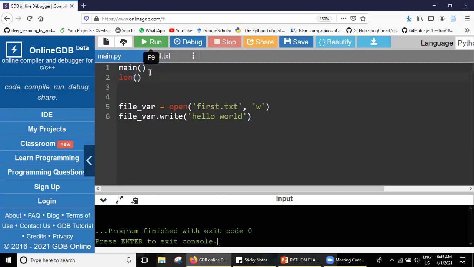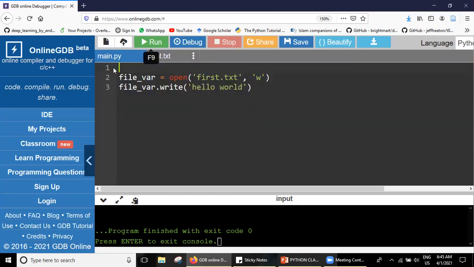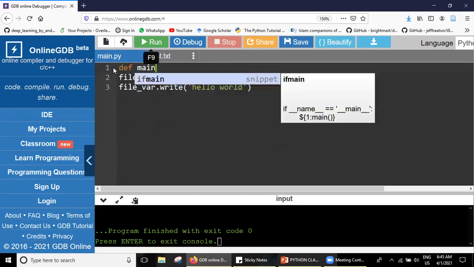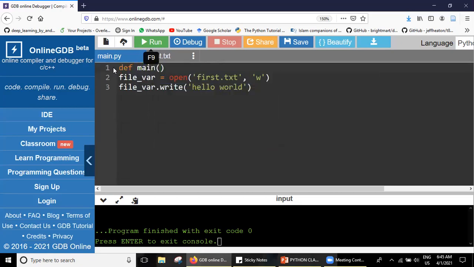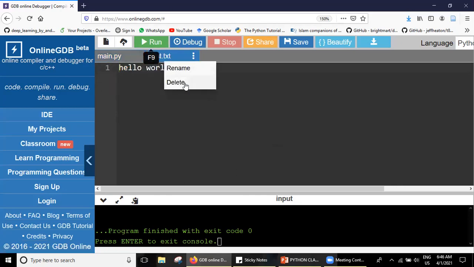We use the length function and do whatever we want. The same way we'll use the main function and do whatever we want. Of course, this has a different use than the other functions. So how can we do it? We can define the main function. We define any function in this way, right? The definition keyword, then the function name, then a colon, and then we follow the indentation rules.